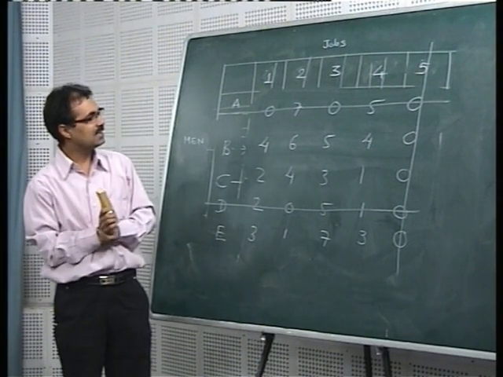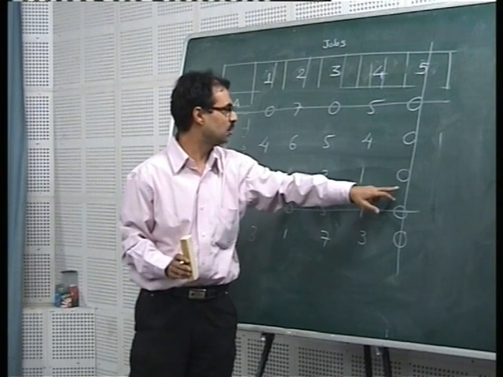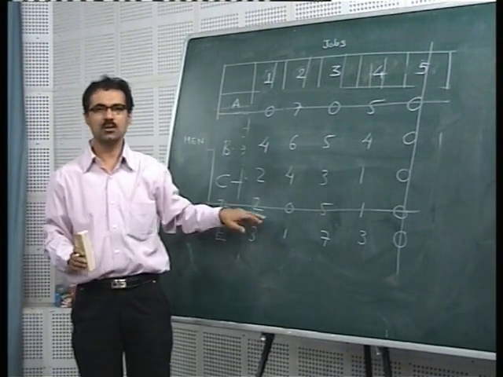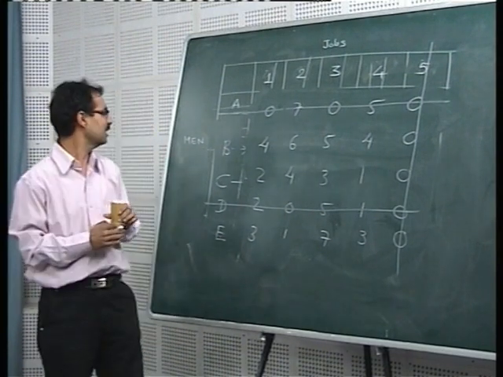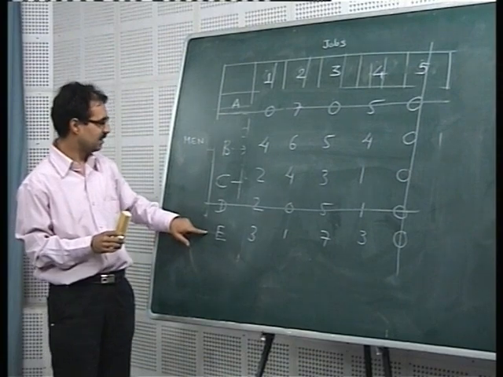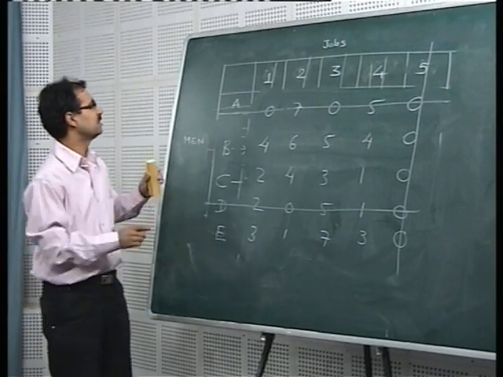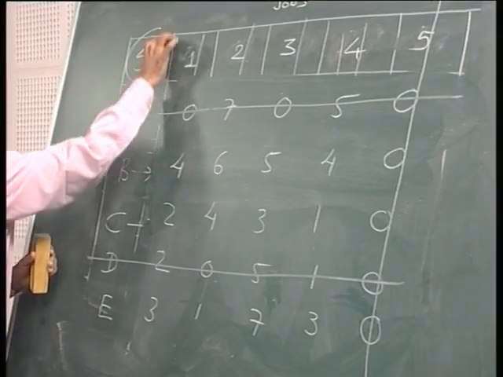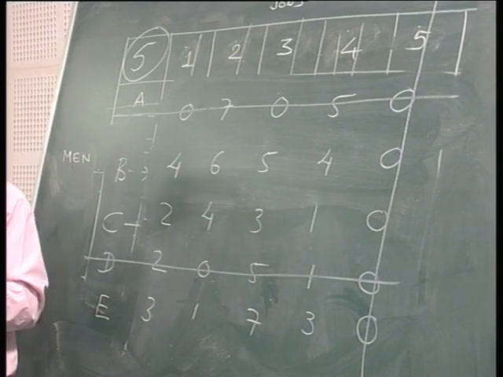So let us see how many lines are required actually. This line did a great job for us. So this was the first line, second line and third line. We could finish our operation by needing just 3 lines. Now look at the number of people available to us. Actually 5 people, 5 jobs. So we said that the order of the assignment problem is 5, and we needed only 3 lines.